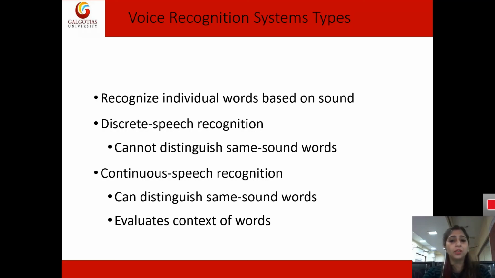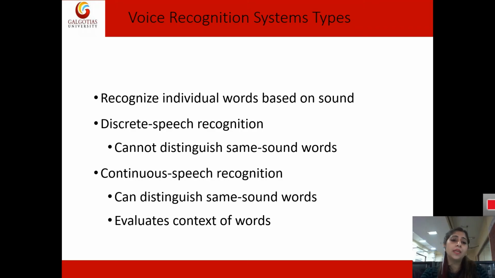I can explain all these individually. To start with, recognizing individual words is based on the sound being produced, and that sound is converted into digital form and used to recognize the individual words the sound is producing. Then we have discrete speech recognition.